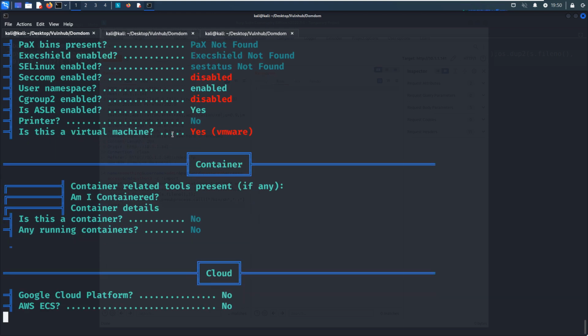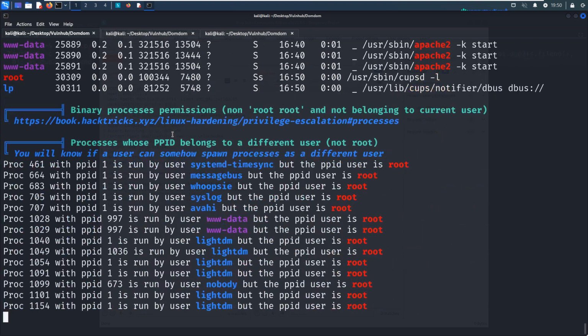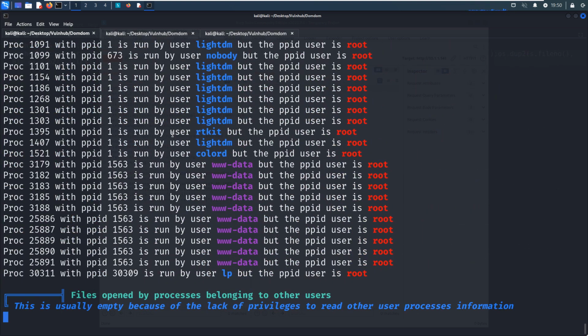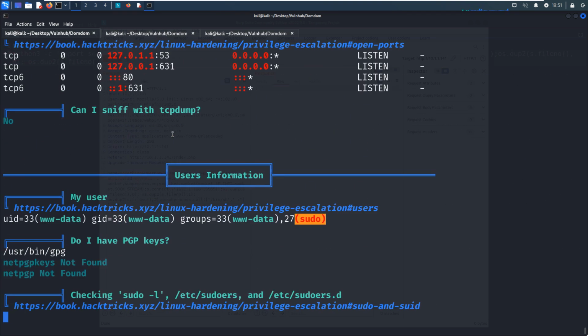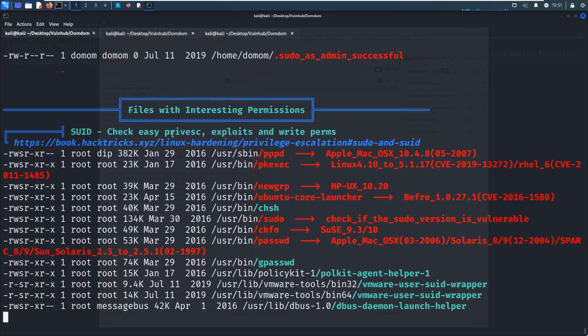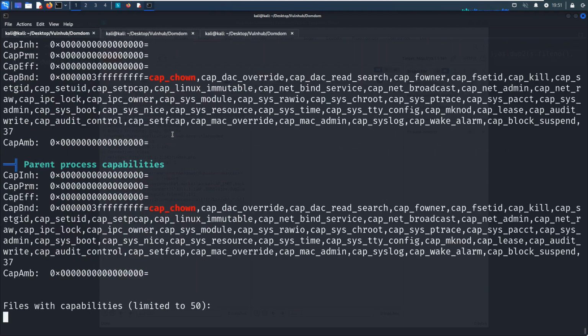This script, the LinPEAS script, can give us very abundant information about the machine from various aspects, such as the binaries with SUID bit, the binaries with capabilities, the cron jobs, process information, very rich information, we must say, okay?